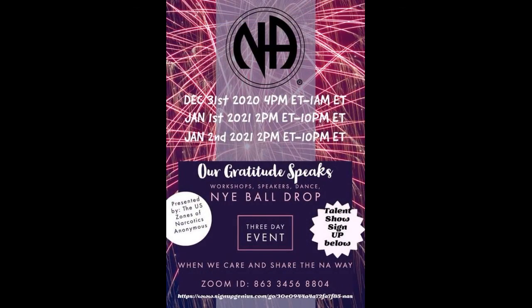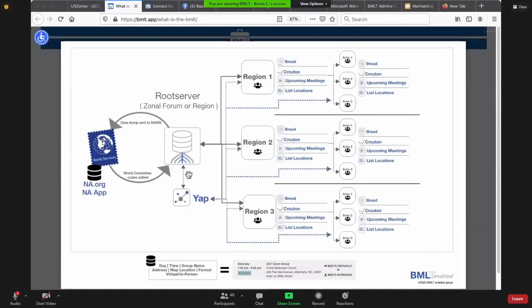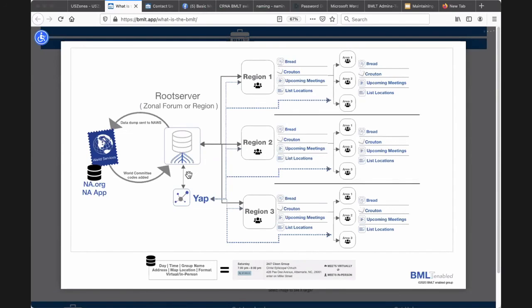So let's see, I wanted to give everybody a quick overview of how the BMLT works. The BMLT is basically a database, and you can pull the data for the meeting information from many places, and we have a number of different WordPress clients. This screen is actually on the bmlt.app website, so feel free to take a look at it. And if you have any questions, feel free to use the